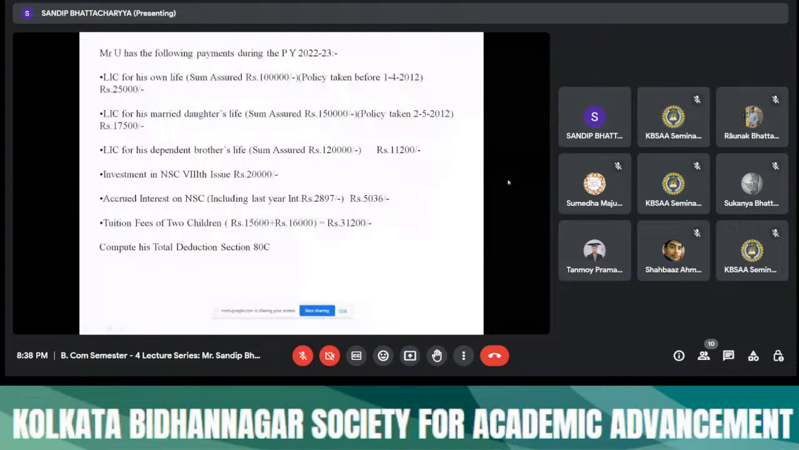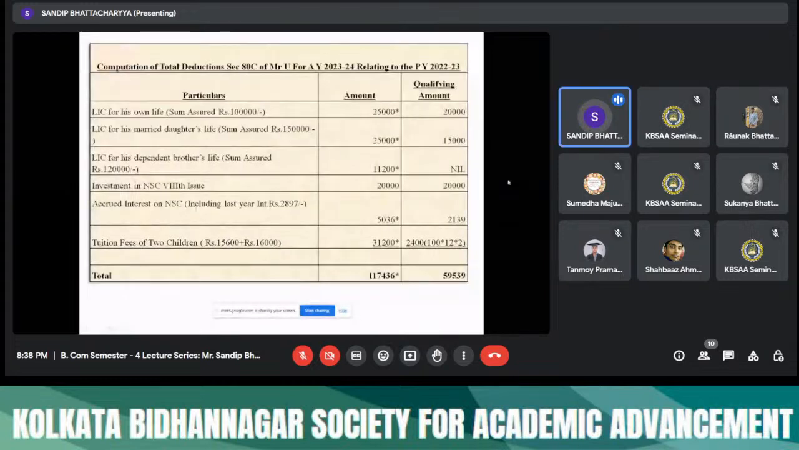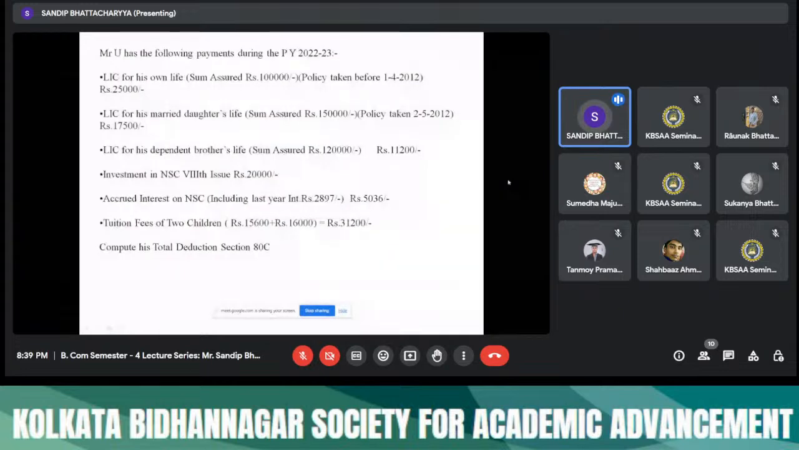Yes. Okay. So you see, computation of total income under section 80C for Mr. U for the assessment year 23-24 relating to previous year 22-23. Now এবারে এক এক করে দেখো ফার্স্ট থেকে কন্ট্রিবিউশন।